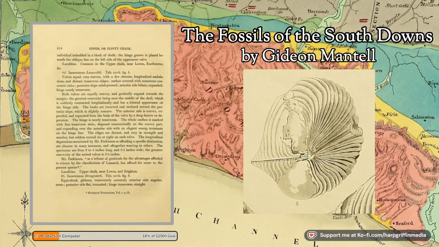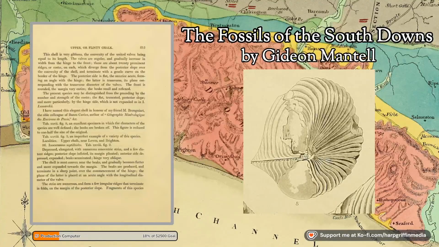85. Inoceramus brongniarti. Tablet 27, Figure 8. Equivalved, gibbous, transversely costated, anterior side angular, acute, posterior side flat, truncated, hinge transverse, straight. The shell is very gibbous, the convexity of the united valves being equal to its length. The valves are regular and gradually increase in width from the hinge to the front. There are about 20 prominent ridges or costae on each,